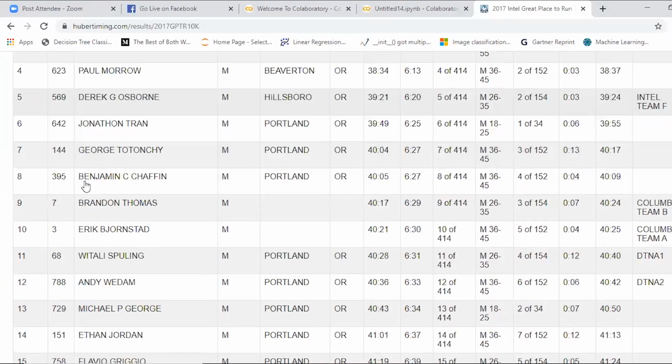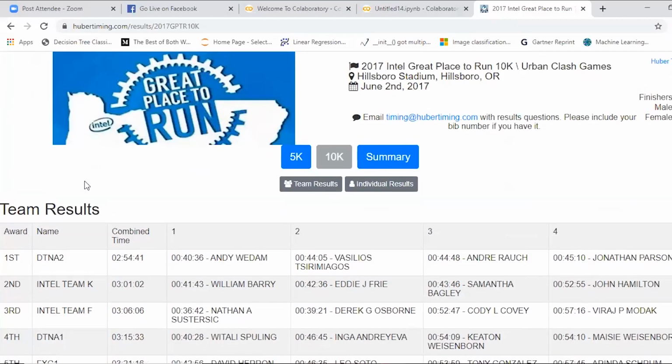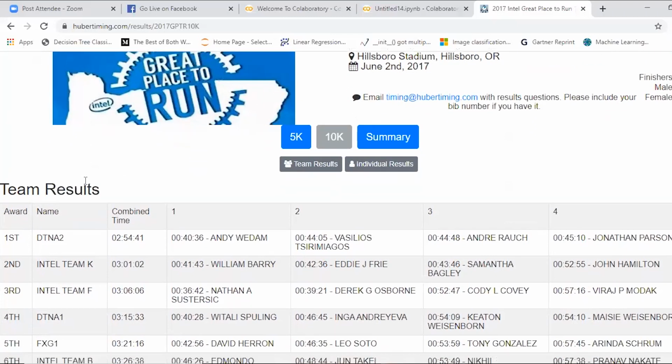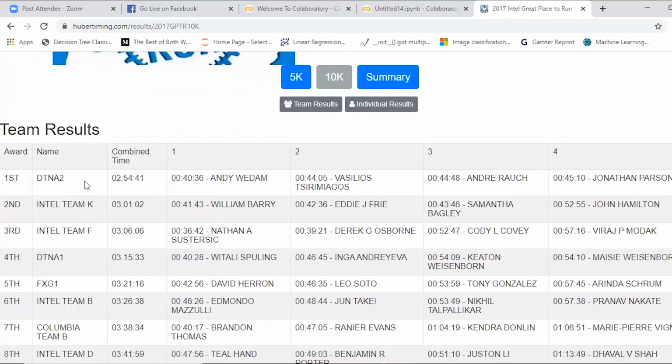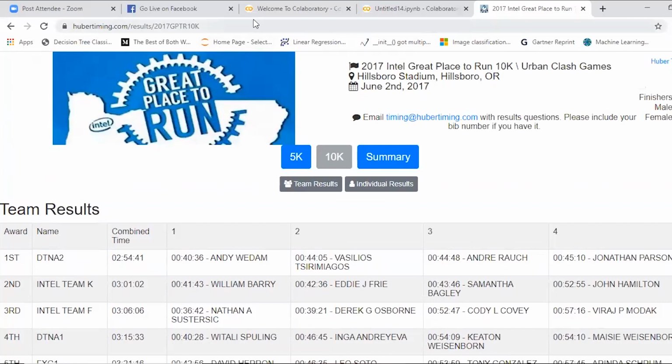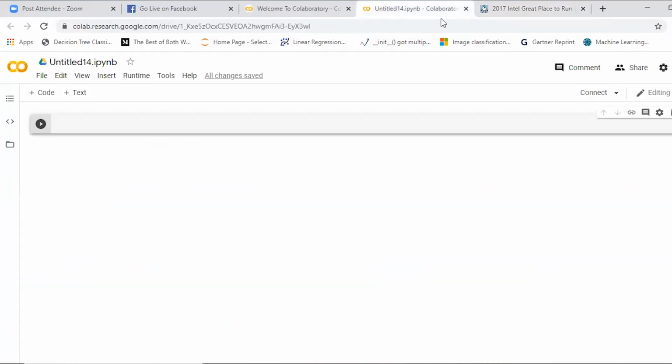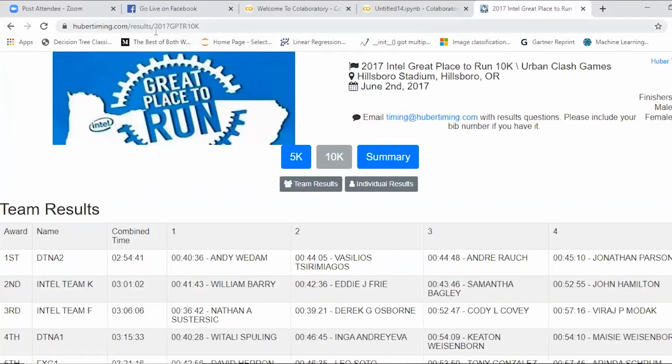This is a web page. It's fine because my laptop is not GPU based, and we don't use local laptops for that; we have the CUDA platform. We need not change anything because we are just trying to scrape the data. No need to change the settings. We'll use this URL, hubertiming.com.